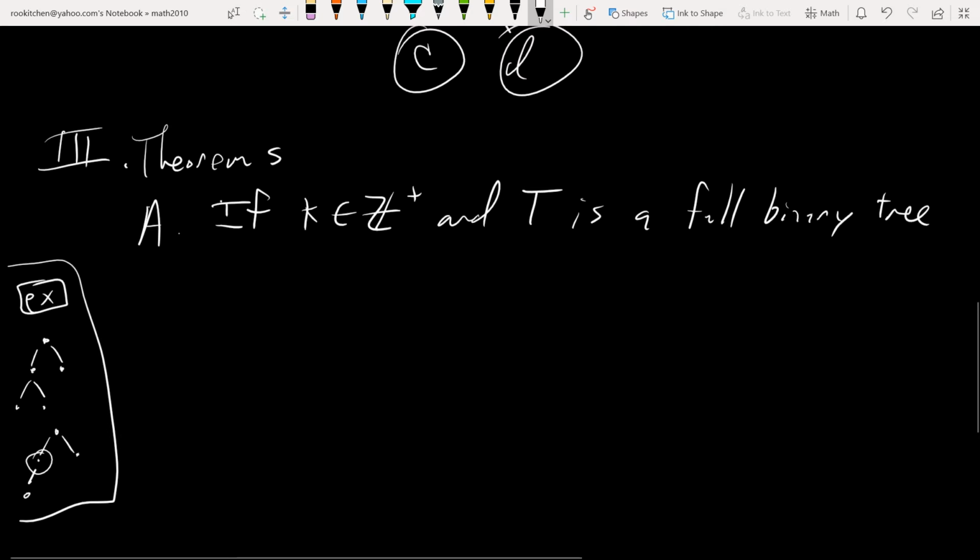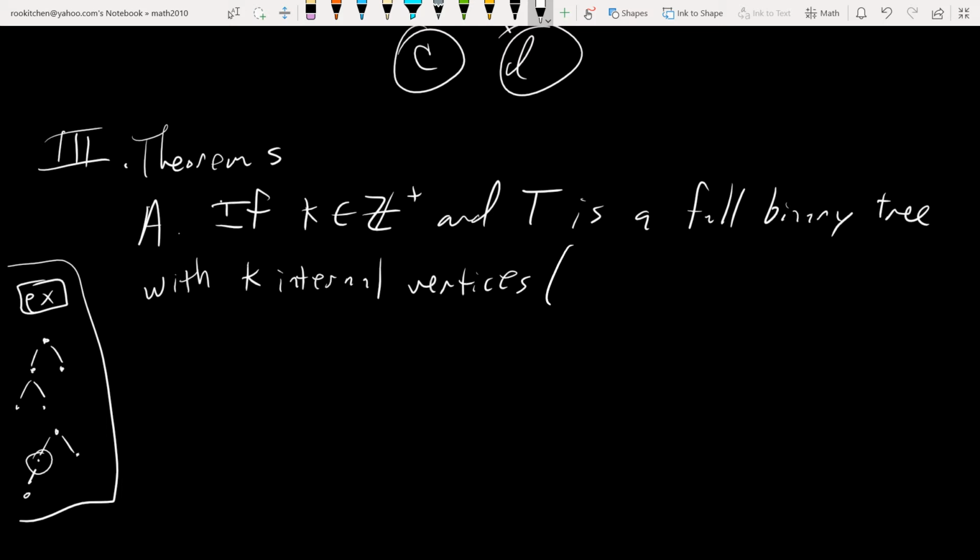Hopefully that's understandable. So if you have a full binary tree with K internal vertices, if you remember the definition of internal vertices from last time, that's where the degree of that particular vertex is greater than 1. Then T has